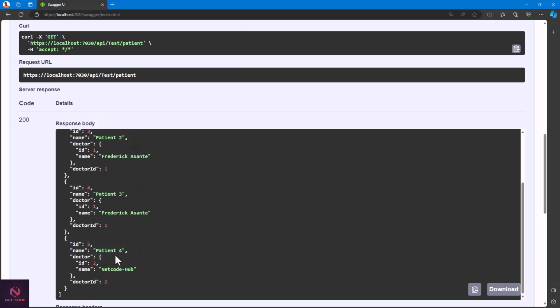That's Netcode-Hub. So you can see that here we're able to also implement one-to-many, one doctor, many patients. And doctor can exist, but patient cannot exist because patient is dependent on doctor, and doctor is a parent or the principal in here. Good. Now that is it for using these conventions and navigation properties. From the third one, we can actually make this work,